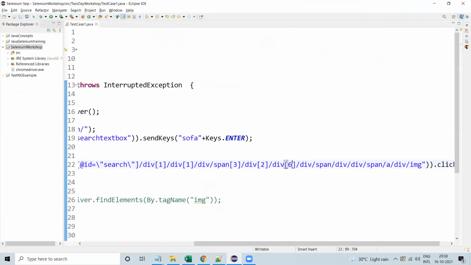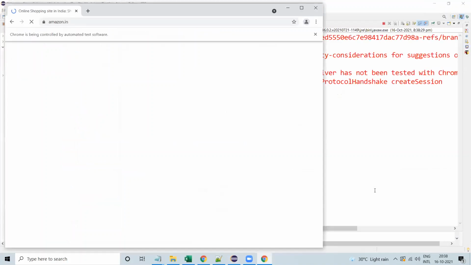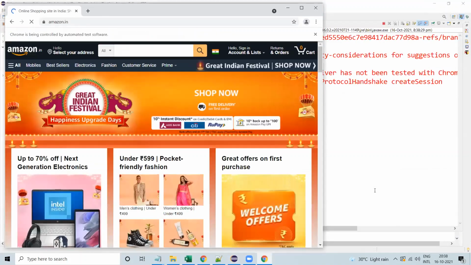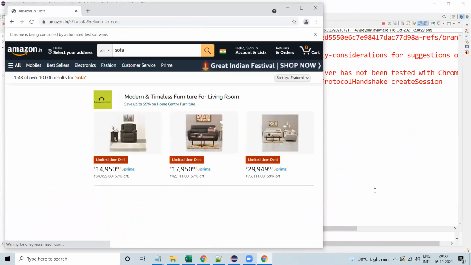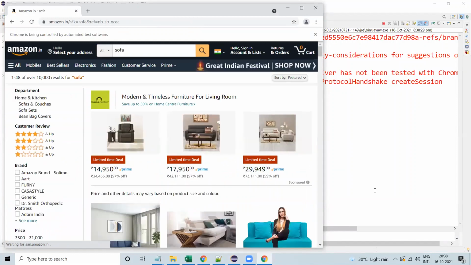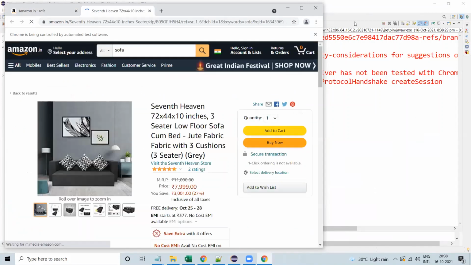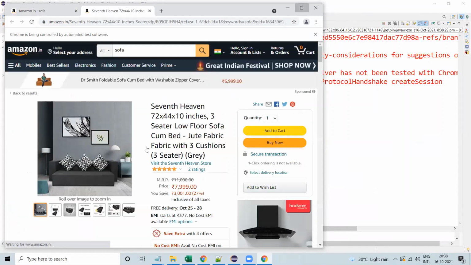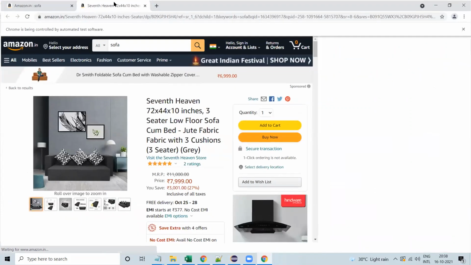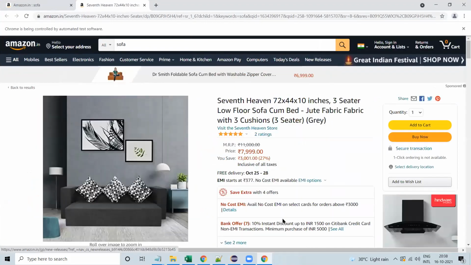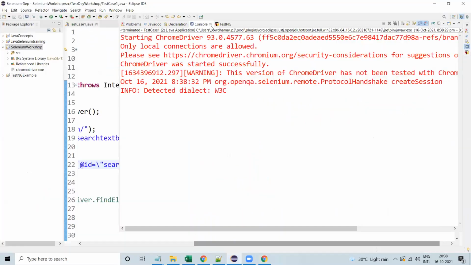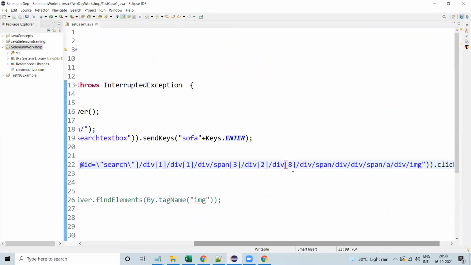I will go with another image. So we can add the 8th image. So it's clicking, and opening in the next window. So what we have done over here, I just added the next image, right?